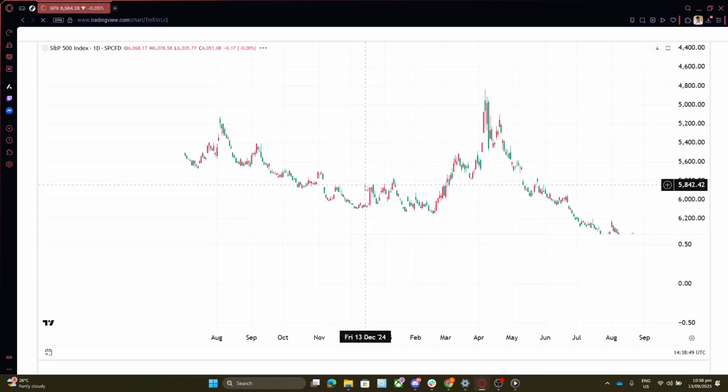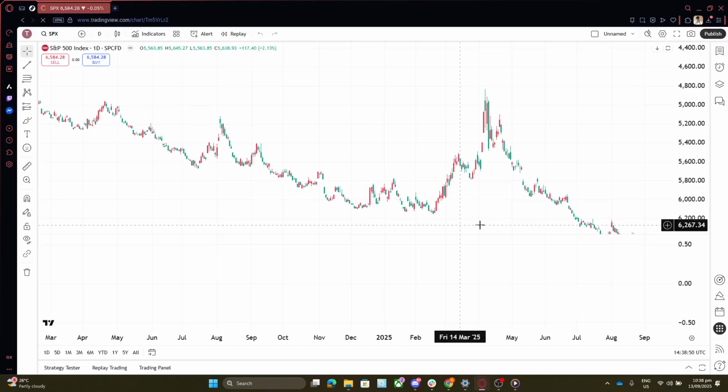And there you have it. A quick and easy guide to logging into TradingView. I hope this walkthrough has been helpful and that you're now able